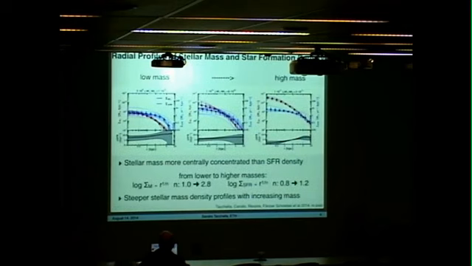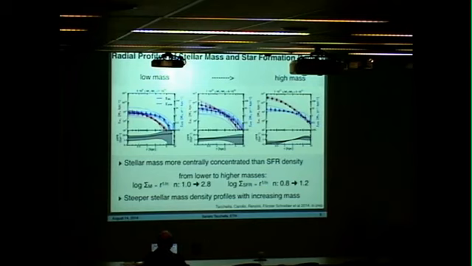So let's go straight to some results. I'll show you here the azimuthally averaged profiles of the stellar mass density obtained from the HST in red and the star formation rate density obtained from SINFONI in blue. The individual lines show you the individual galaxies, while the large dots show you the mean relation. You can see the low mass galaxies here, and there are 3 mass bins going up to the high mass bin. The first thing when you compare the stellar mass profiles to the star formation rate profiles is that the stellar mass profiles are centrally more concentrated than the star formation